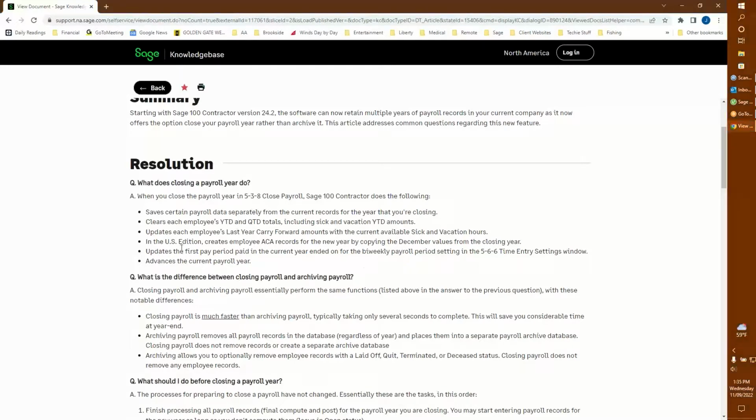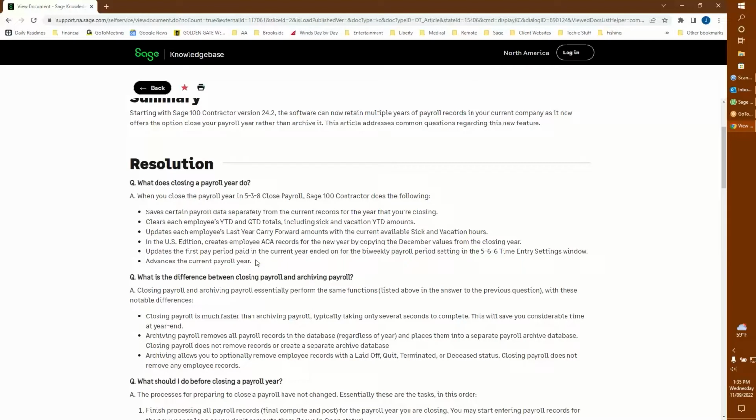It updates the first pay period in the current year with the bi-weekly payroll setting, etc., and advances the current payroll year. Essentially, you are left with 2022 records, and you're ready to go for the first payroll in 2023.